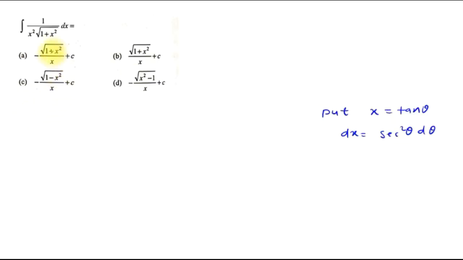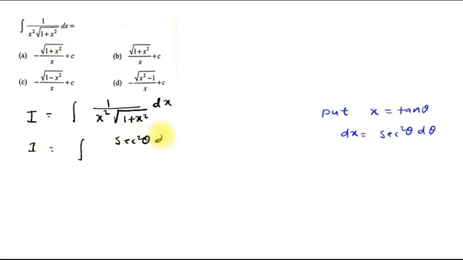Hello dear student, this is your question. Here let us assume I is equal to the given integral, that is integration of 1 over x square under root 1 plus x square dx. Now if we here put x is equal to tan theta, then dx is equal to sec square theta d theta, and I becomes integration of sec square theta d theta,